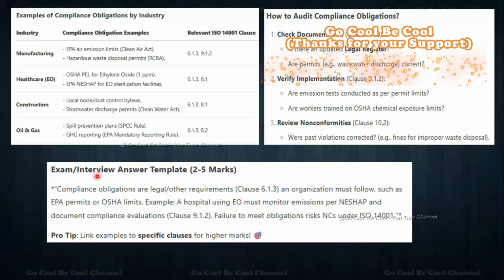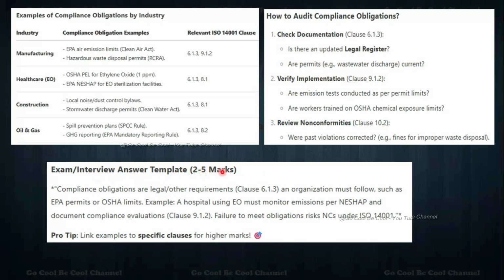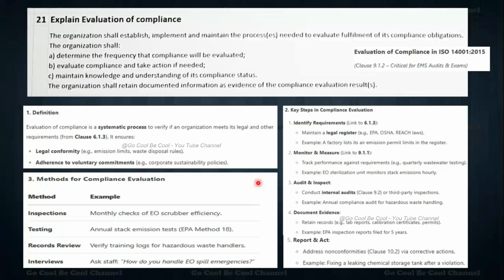Exam and interview answer template, 2 to 5 marks if they ask: compliance obligations are the legal and other requirements, clause number 6.1.3, that an organization must follow, such as EPA permits, OSHA limits. Example: the hospital using UO meter. Wherever they ask, you write the example, where the agency level we have, so that we are able to put it up. So link the example to the specific clauses for higher marks. Now moving to the